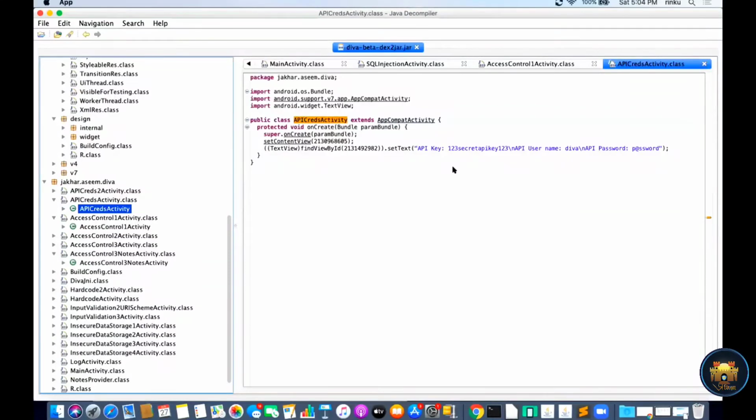If you click that particular intent, then this activity will be executed, and you can see that this text will appear to the user: the API key, this is the API key value, and the username, and this is the password. So we have to bypass these things. We will try to access this activity page, APICredsActivity, without any credential using another process, the activity manager. So let's go into the demo part.